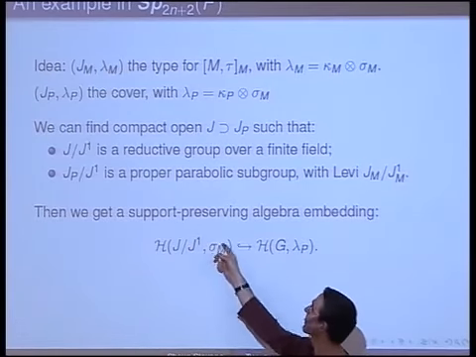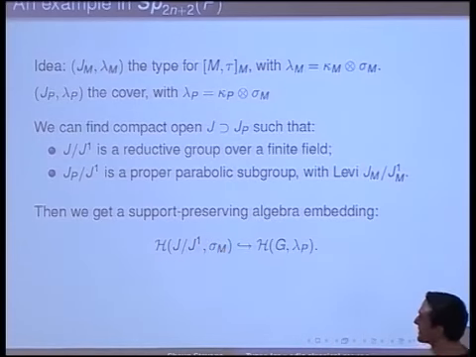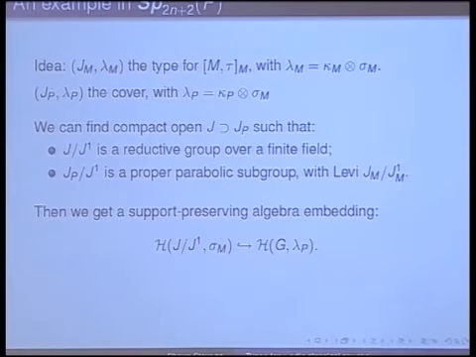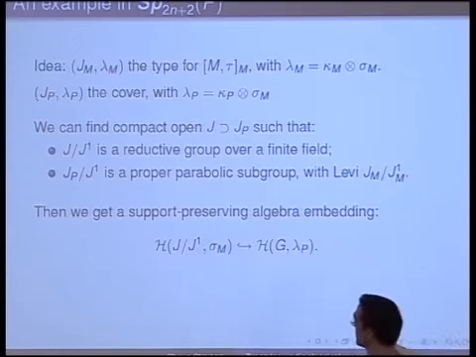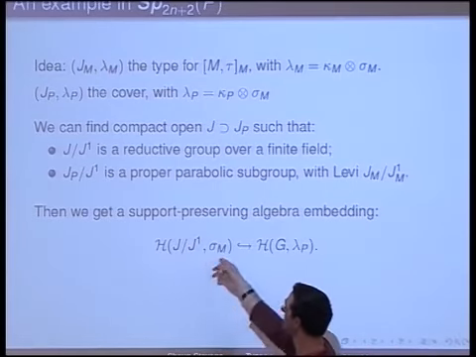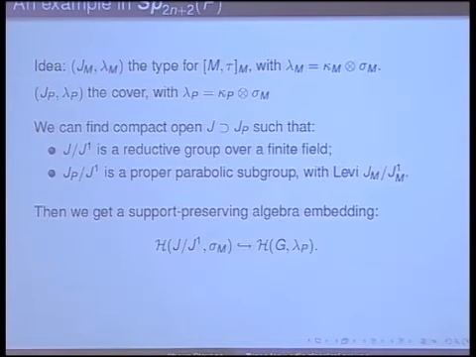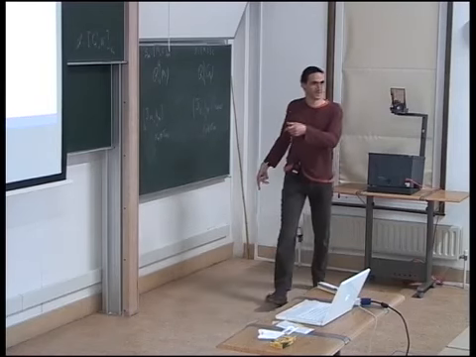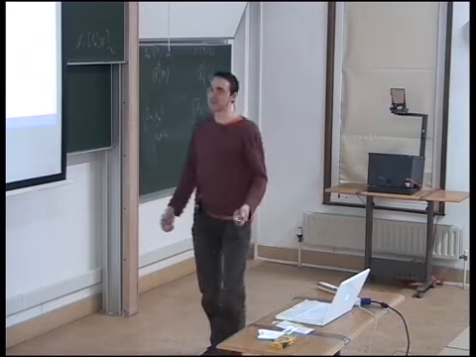This is a cuspidal representation of a Levi subgroup of that, and this embeds into our big Hecke algebra. Okay, and so the idea is to try and then use these, and in fact, ideally, the idea is not to have just one bigger group J, but actually two of them, for two different Weil group elements.